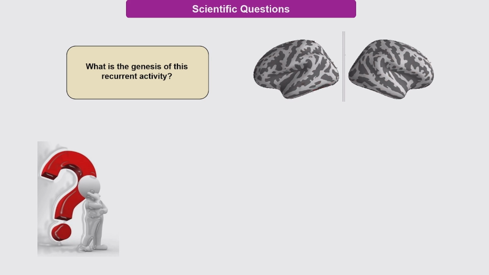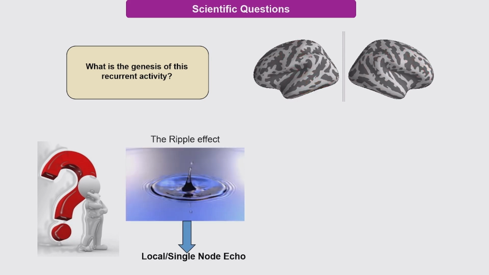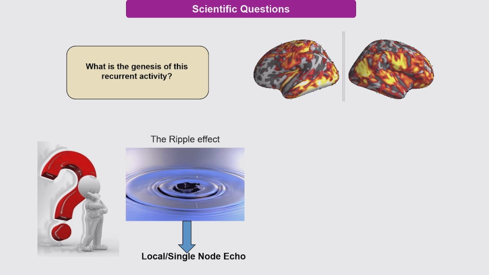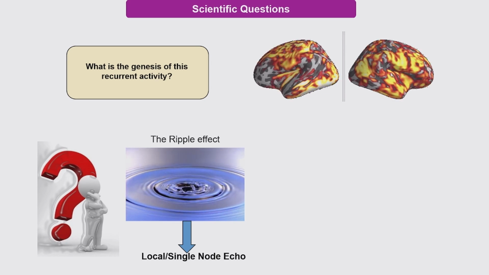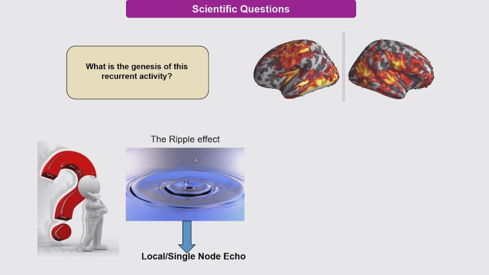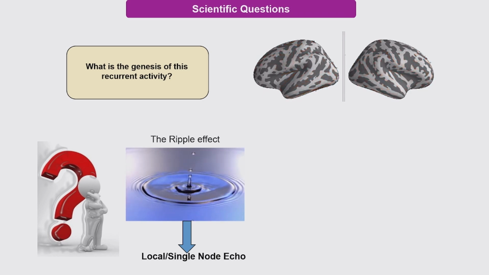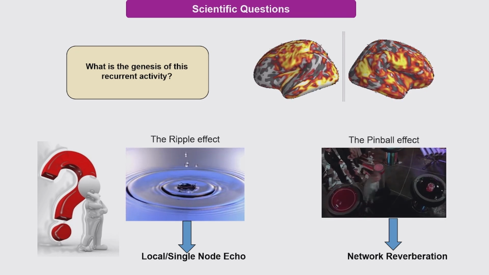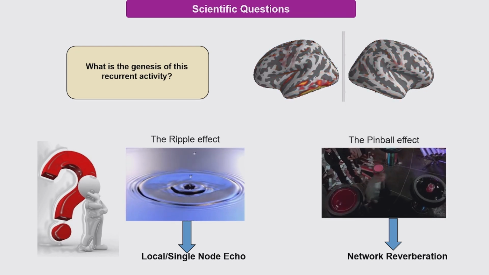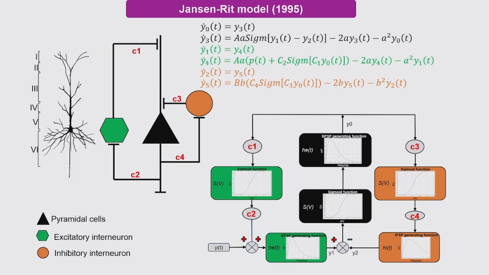This opens the possibility of two possible scenarios. On one side, we observe some potential in a given space and at a given time point, and this is simply due to an echo of the perturbation. The stimulus is injected at a given space at a given time point and is simply reverberated locally. The other scenario is a network reverberation. The stimulus, in contrast, is traveling through space and time, bouncing back and eventually coming back to the stimulated area. So for studying these two possible scenarios, to disentangle them, we use